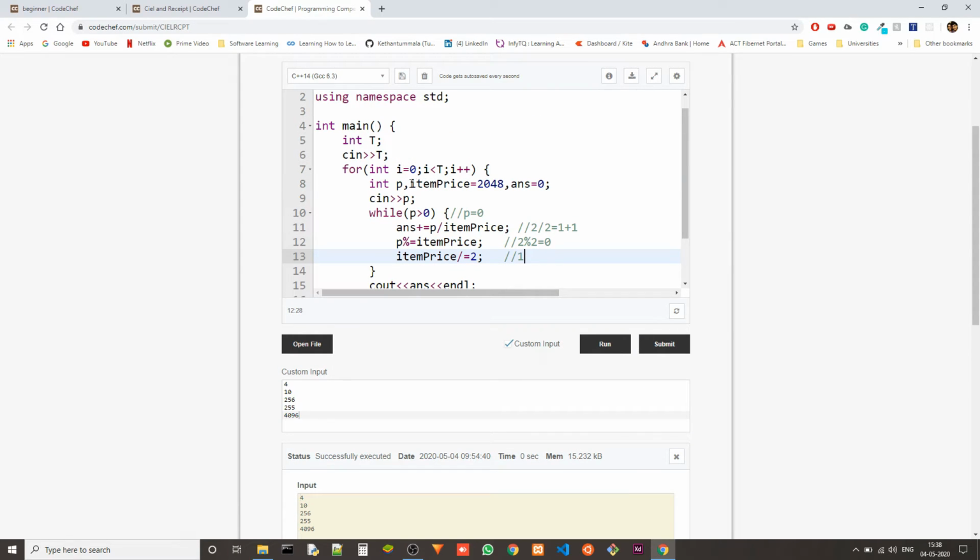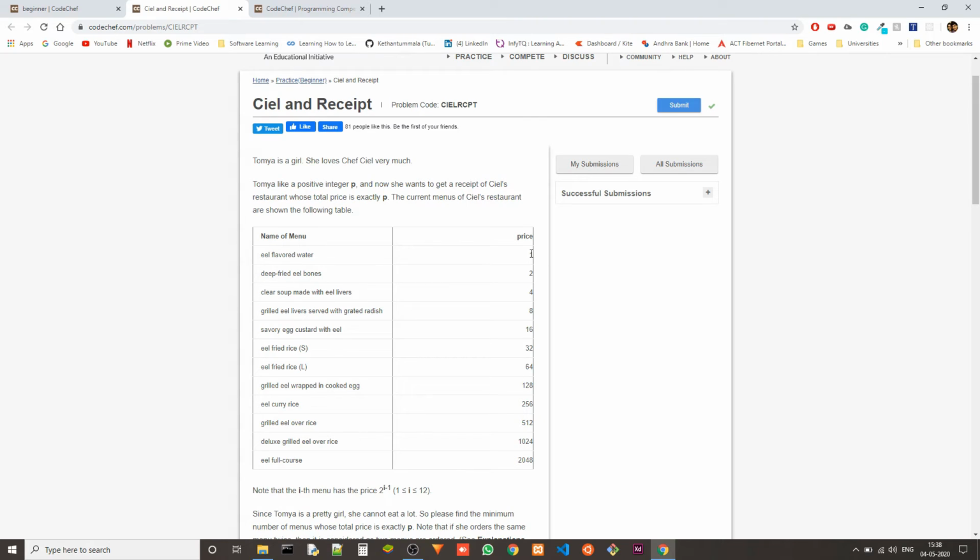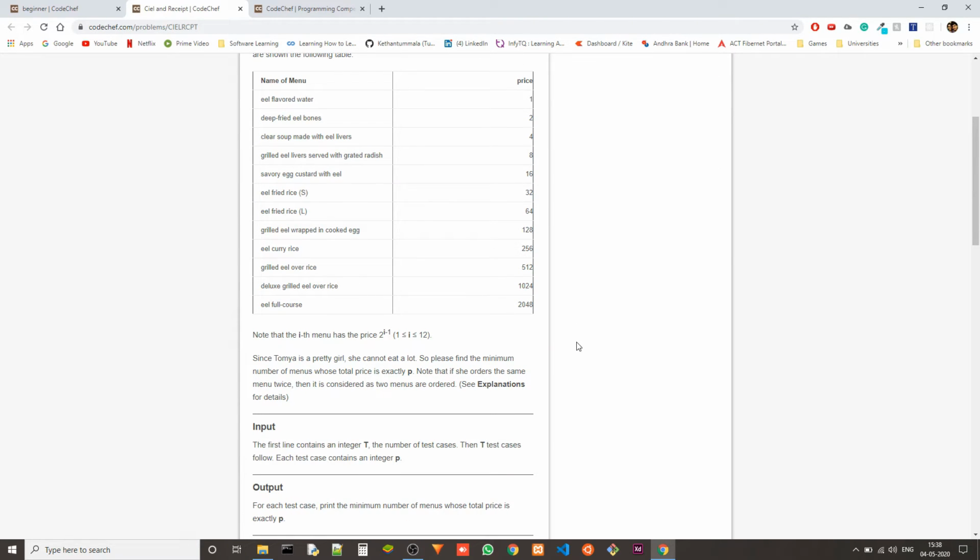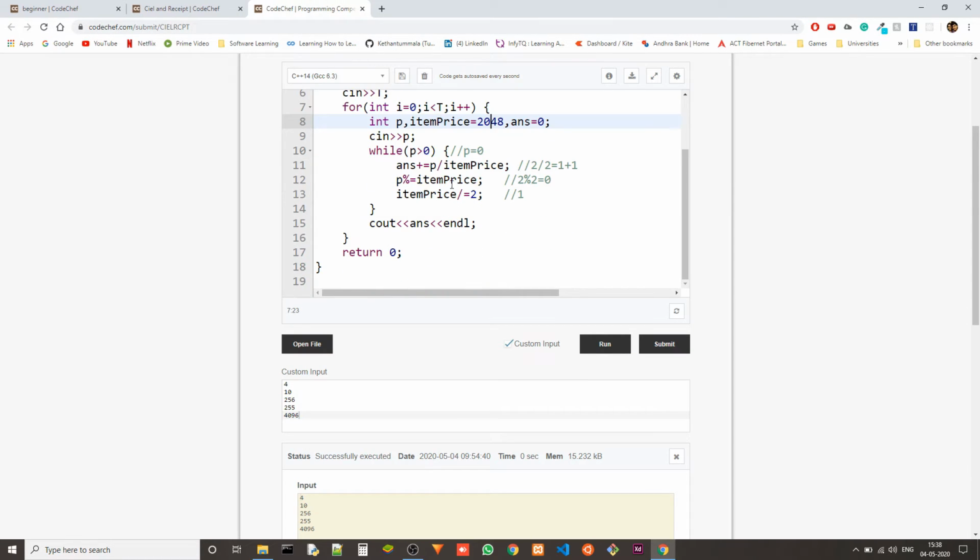And the reason that I'm doing it from 2048 instead of starting with 1 is because we want minimum number of them. If we wanted maximum number of them, we start with 1, and instead of dividing it with 2, we actually multiply it with 2, right? Everything else will remain the same. Okay,